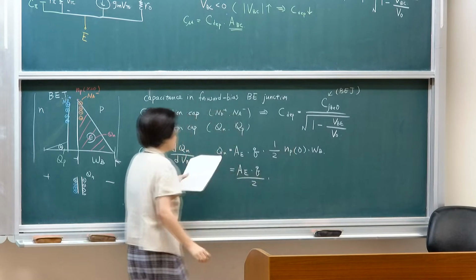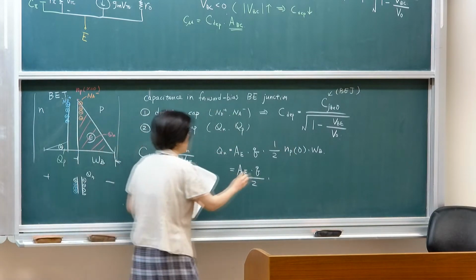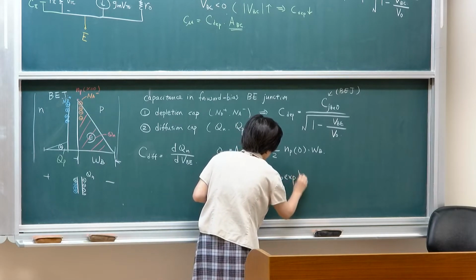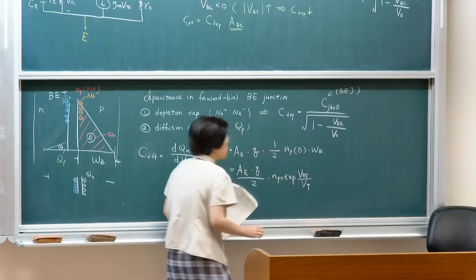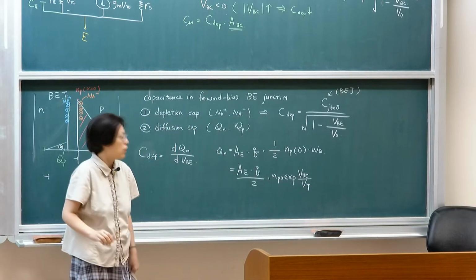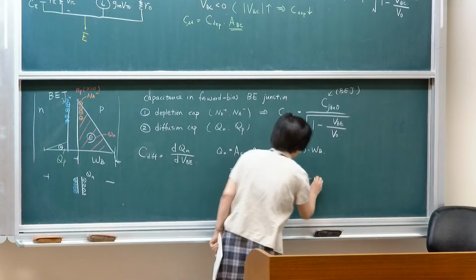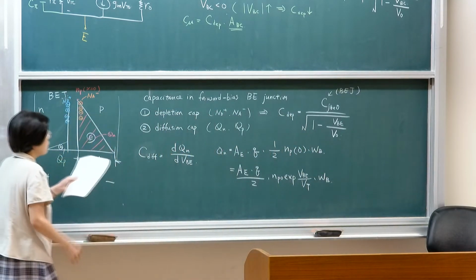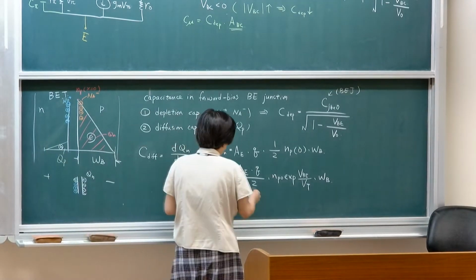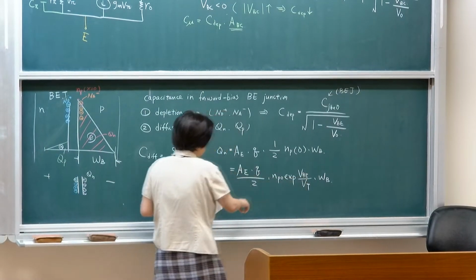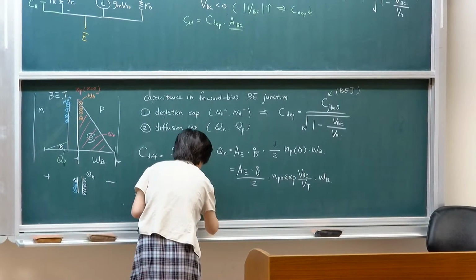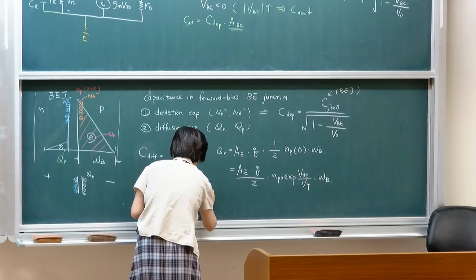So this equation can be rearranged as Qn equals A_E q 1/2 np0, where based on the law of the junction np0 is exponential. If you've forgotten, you can go back to chapter, I believe chapter 4, where we started the discussion of bipolar. So once we have that, we could do some rearrangement. This is the forward bias equation. So what is the collector current? If you go back to review the collector current,